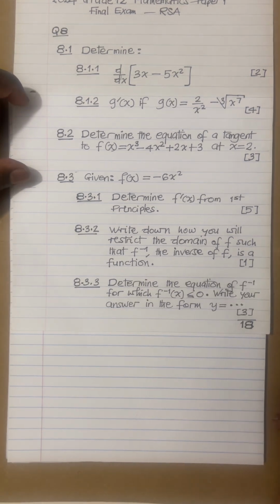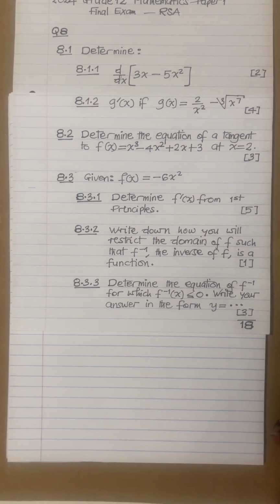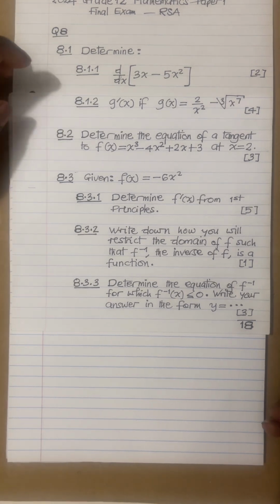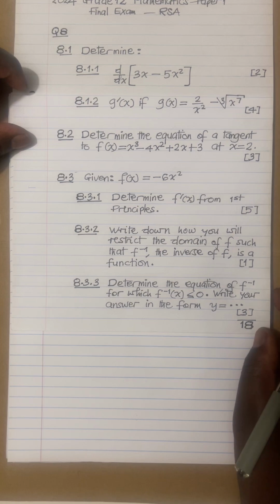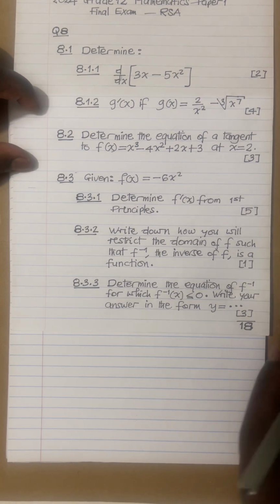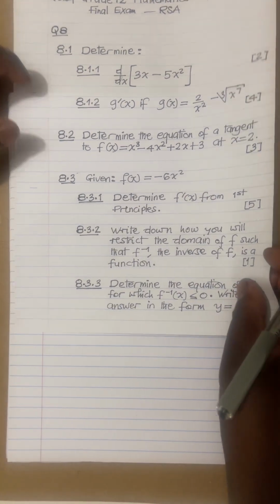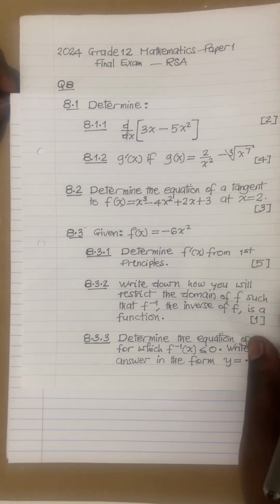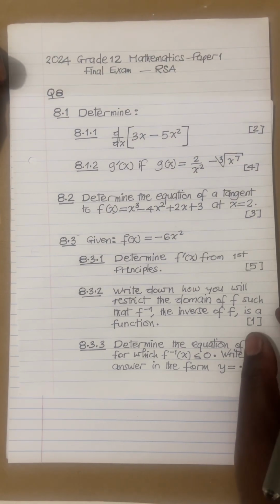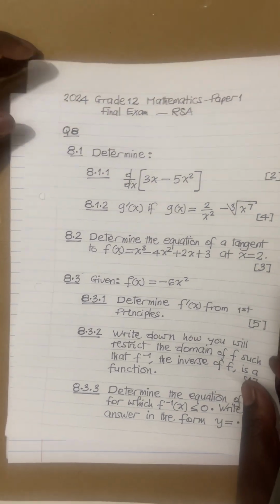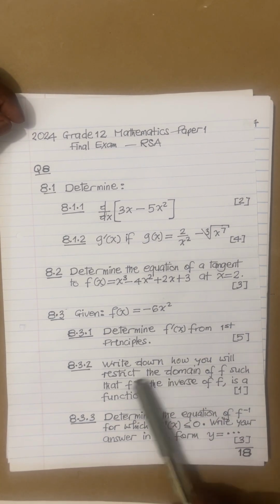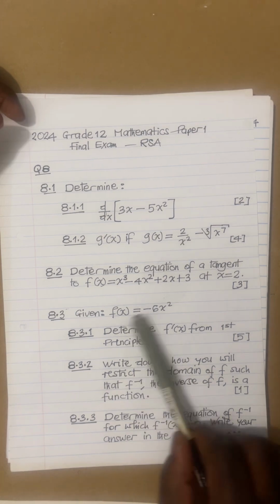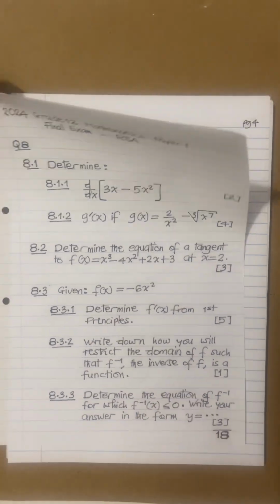So we all know, at least from your grade 11 knowledge, that inverses of quadratic functions are not functions. However, if you restrict the domain of the original function, then you obtain two parts of the same quadratic function that are both functions. So in this case, we're required to determine the inverse. Here it says we must write down how we would restrict the domain so that the inverse is also a function. So domain restriction,